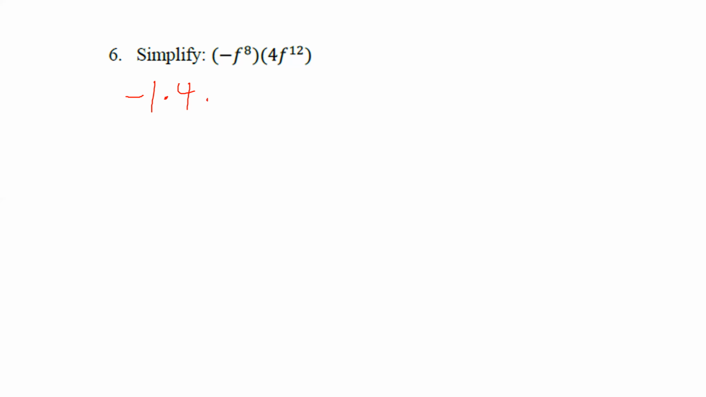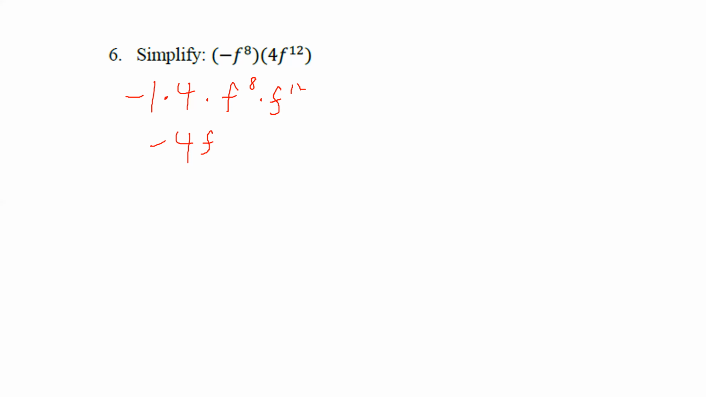Then we're multiplying the variables. So we have f to the 8 and f to the 12. I think there's one f normal and one fancy, but -1 times 4 is -4. When we multiply variables, how do we do that? So we're going to end up with f to the,